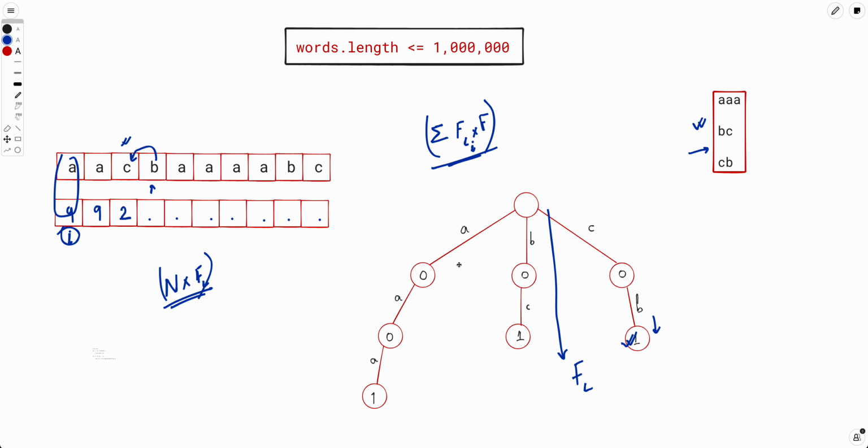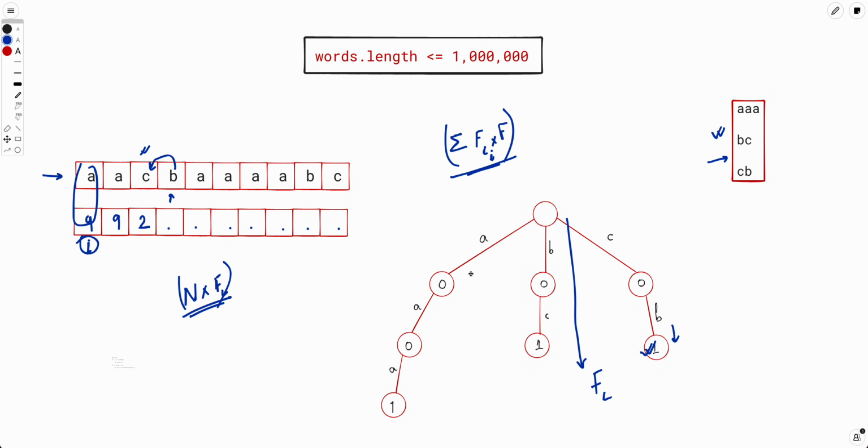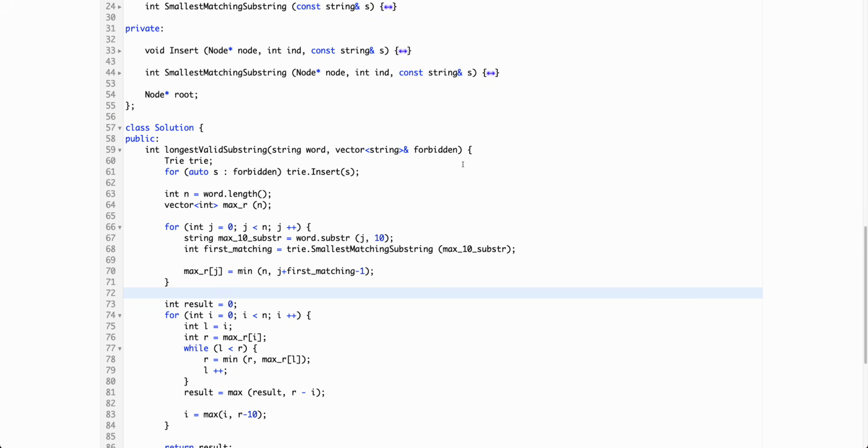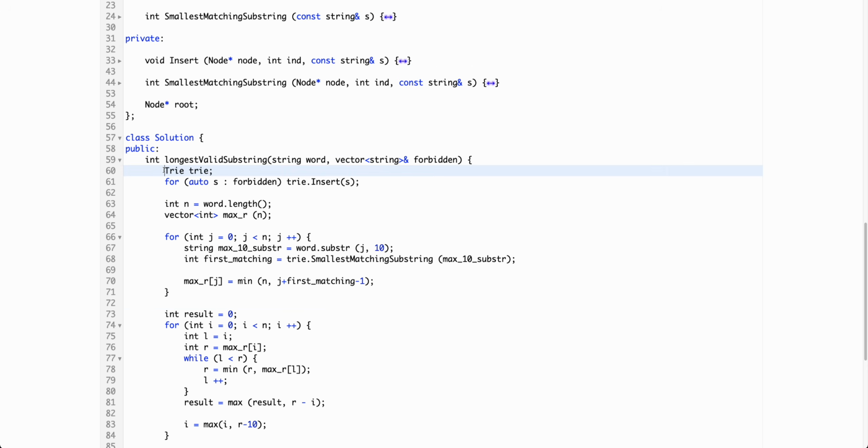So let's look at the code for this one. Again, I would strongly encourage you to pause and try to code this entire thing by yourself first, because we have done nothing fancy here, just simple trie. So let's look at the code. The code is straightforward. We have simply built a trie class and we have inserted everything to that trie, all the forbidden